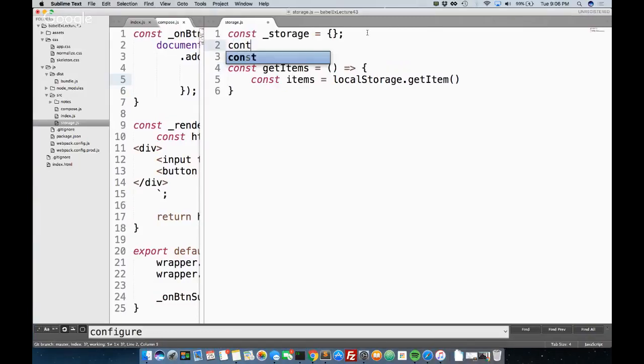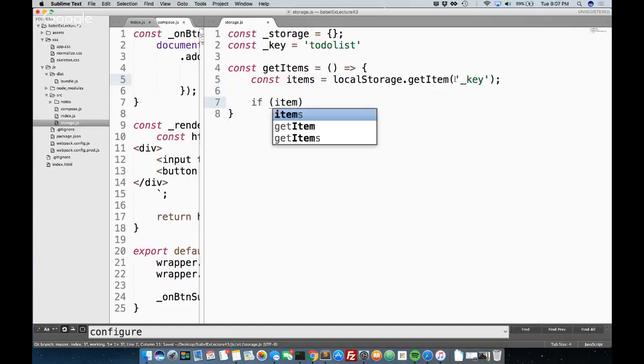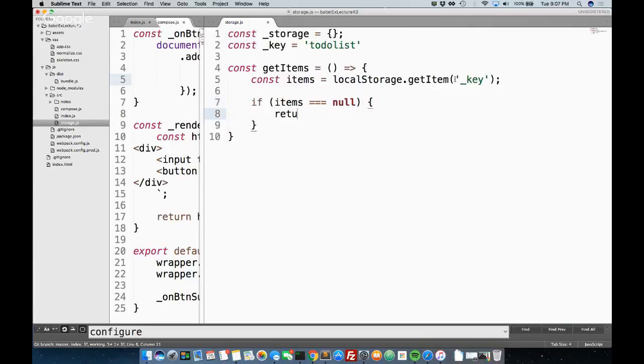Const key equals to-do list. So what's happening here? If items equals null, then return empty. Else,